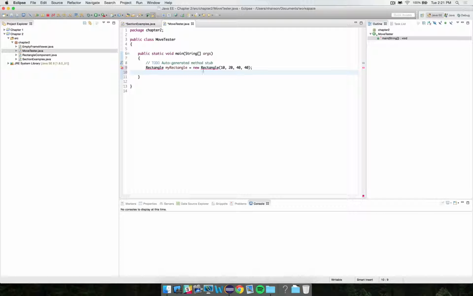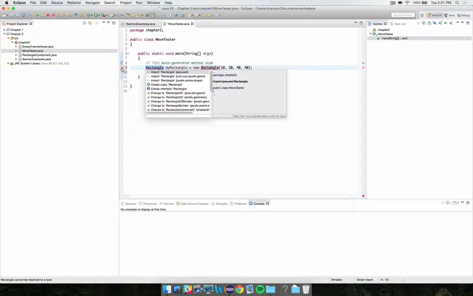Okay, there it is. But we have an error because the computer says, I don't know what a rectangle is. So we click on the error message over here. And the very first one on the list is not always correct. So double check this, but import Rectangle from the java.awt package. Yeah, that's exactly what I want to do. There's also an option to import from